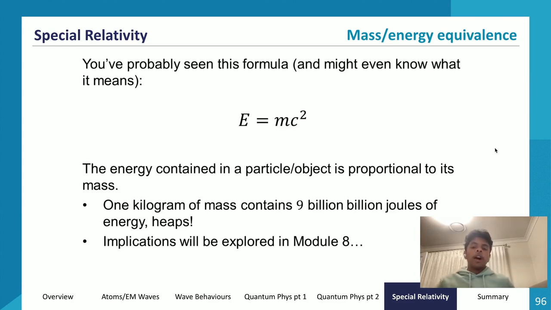So for our final topic, let's go through the mass energy equivalence, which you will cover more in module 8. The mass energy equivalence, E equals mc squared, is basically Einstein finding a relationship between energy and mass. So he basically said that any amount of mass will contain a certain amount of energy, basically saying that 1 kilogram of mass contains 9 billion joules of energy, so a lot of energy, right? That's basically what he said. So there's a relationship between energy and mass. Energy can be converted into mass, the same way mass can be converted into energy.